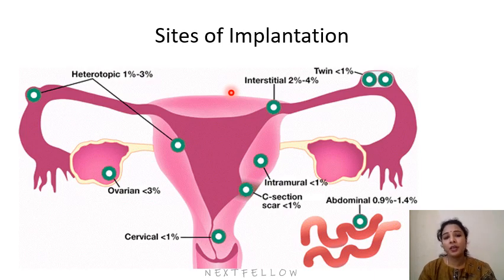So abnormal implantation means if the implantation occurs anywhere else apart from the upper part of the uterus, it is called abnormal implantation. So abnormal sites of implantation within the uterus is in the lower segment of the uterus, near the internal os, and the abnormal sites outside the uterus can be like in the uterine tube, which is called tubal implantation. Here we can see here, and in the infundibulum,